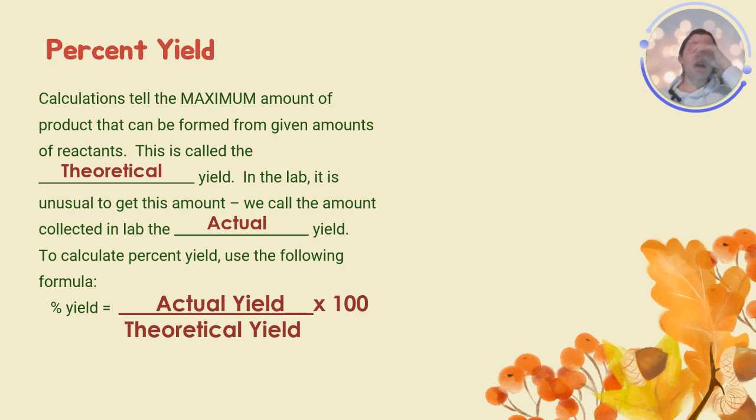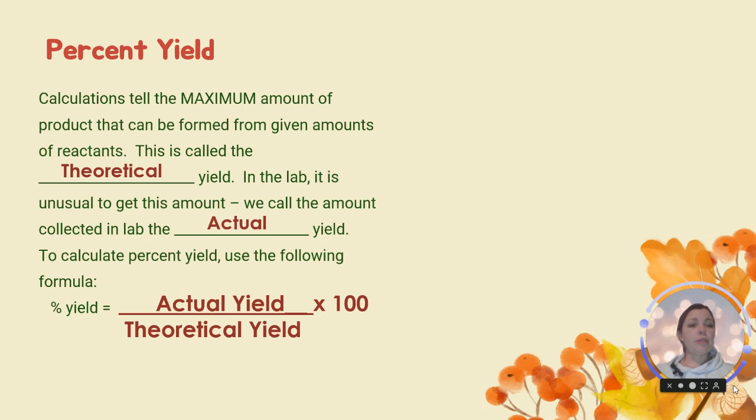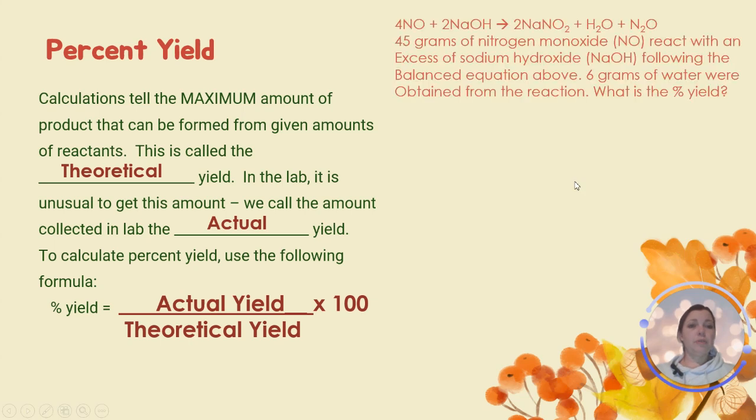Okay. So just be aware that just because you get a bad percent yield doesn't mean you did the reaction poorly, although sometimes it does. But it is a measurement of how efficient the reaction was, and also a measure of how good our techniques were. So I do have one more example to show you with percent yield,